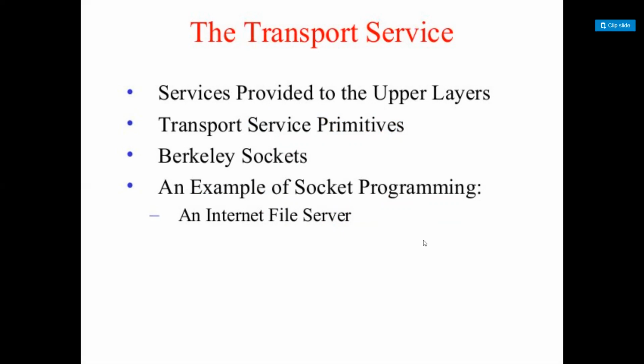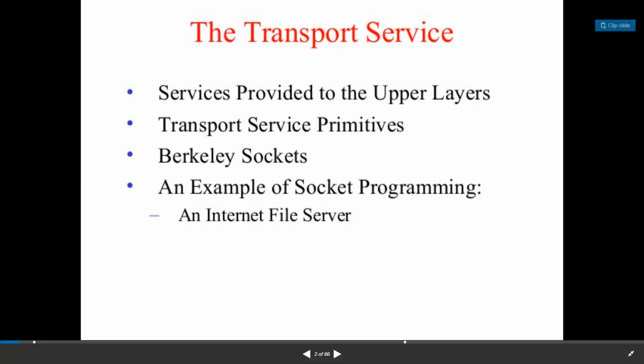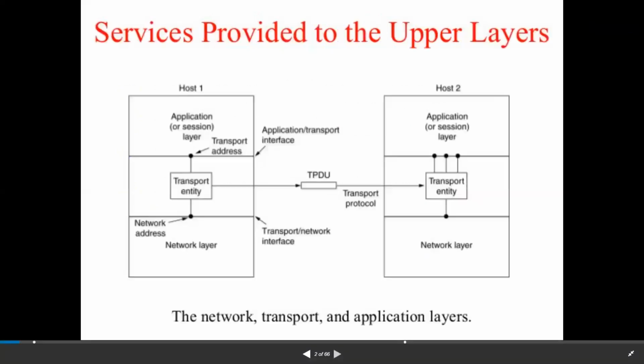As I told you, the transport layer provides services to its upper layers, and we are going to discuss what services are provided to the upper layers. The second one is what are transport service primitives, and what are Berkeley sockets and a socket programming example. These are the topics we are going to discuss in the next slides.